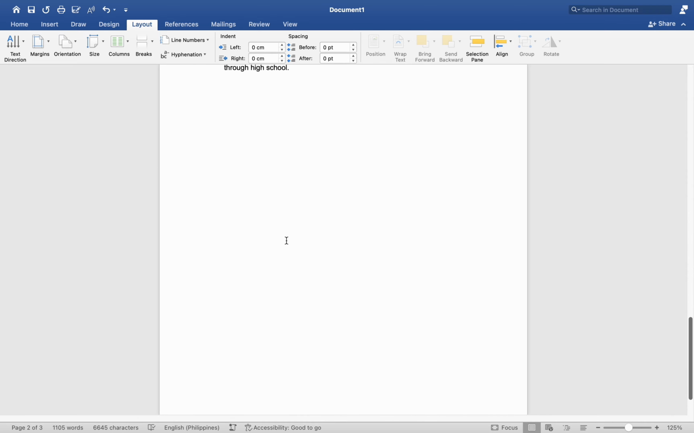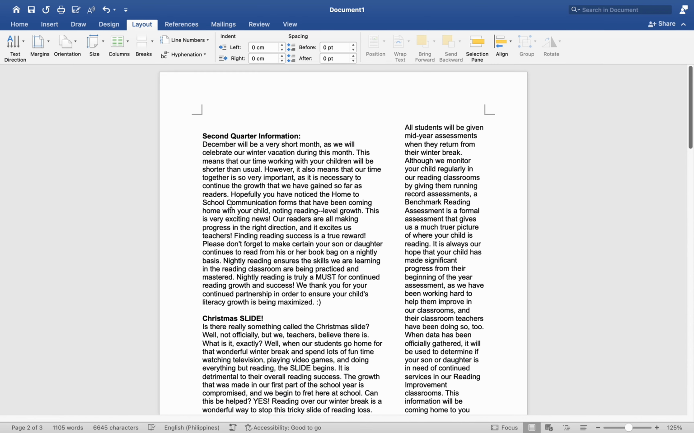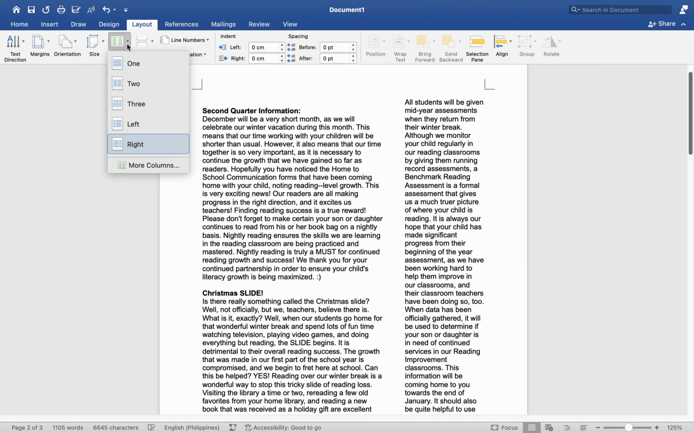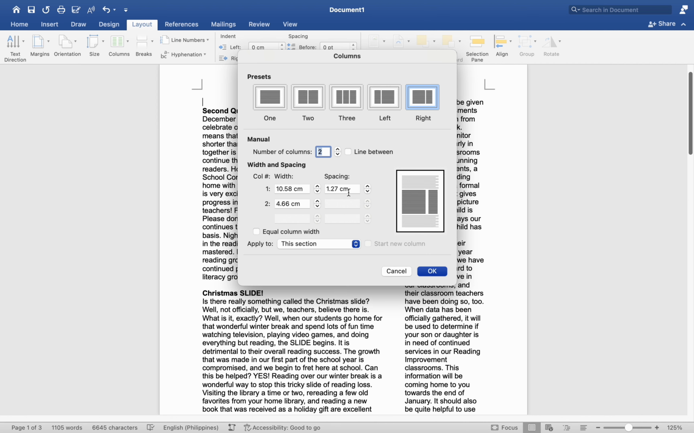There are more possibilities under more columns. For example, if you needed to modify the width of a column or add 4 or 5 columns, you may do so here. If, for example, you decide that you only need columns in a specific section of the document,